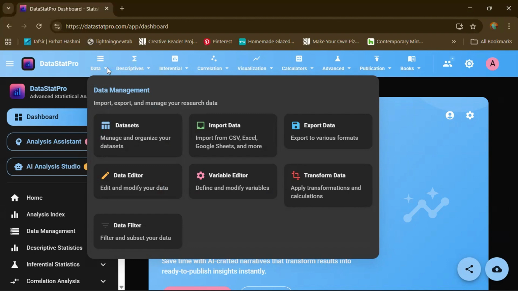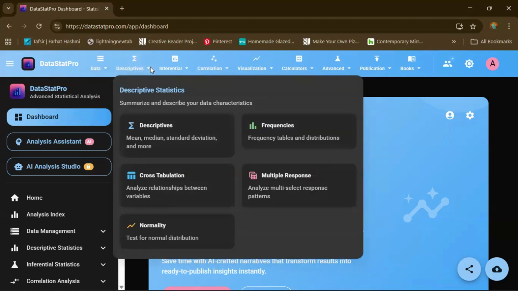Data editor is there. You can edit and modify your data right in the software. You can rename the variables. You can transform data. You can filter the data with your own needs. Then there are descriptive statistics, frequencies, cross tabulation, which is very useful for qualitative data, multiple response, and normality check